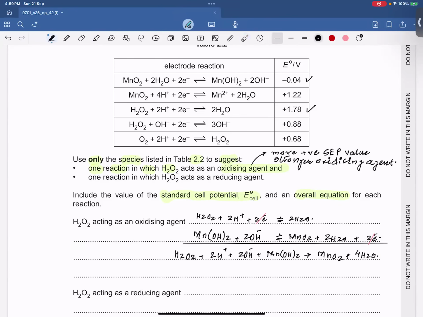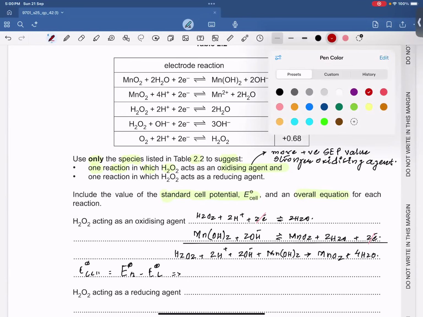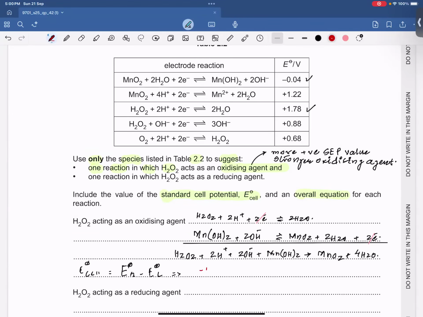And for E naught cell, I'm going to use a formula: E naught cell equals E naught right minus E naught left. So I'm going to plug in the value in this formula. It's basically 1.78